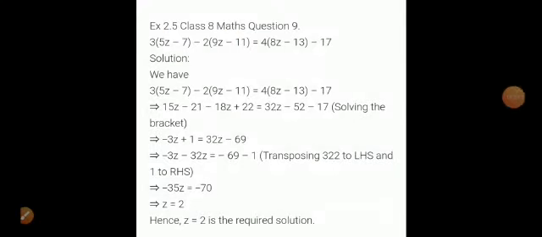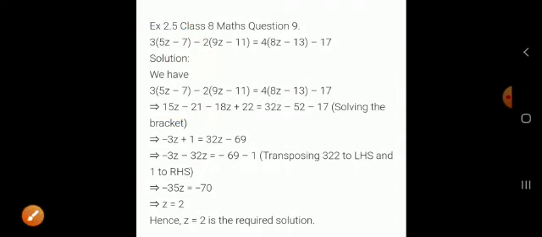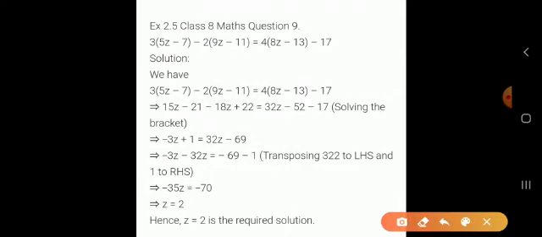So question 9 here, again see here few brackets you can see. The first task is to open up the bracket by using the distributive property. So let's see here this term first we will try to solve. 3 into 5z minus 7. So 3 multiplied with 5z, it is becoming 15z. Minus sign coming. Then 3 multiplied with 7, it is becoming 21. So this way remaining terms also we will solve. Just we have to take care when it is outside the bracket minus sign. So just remember to change the sign.